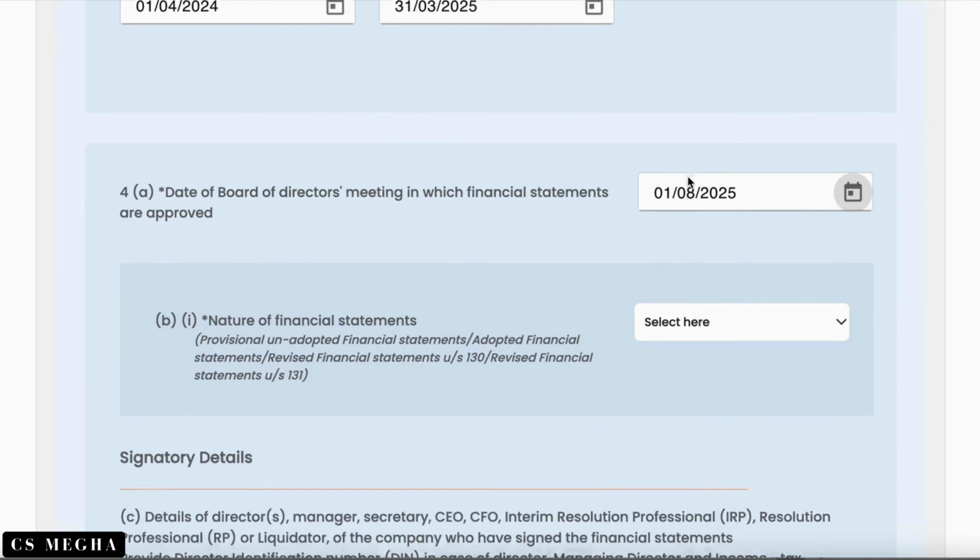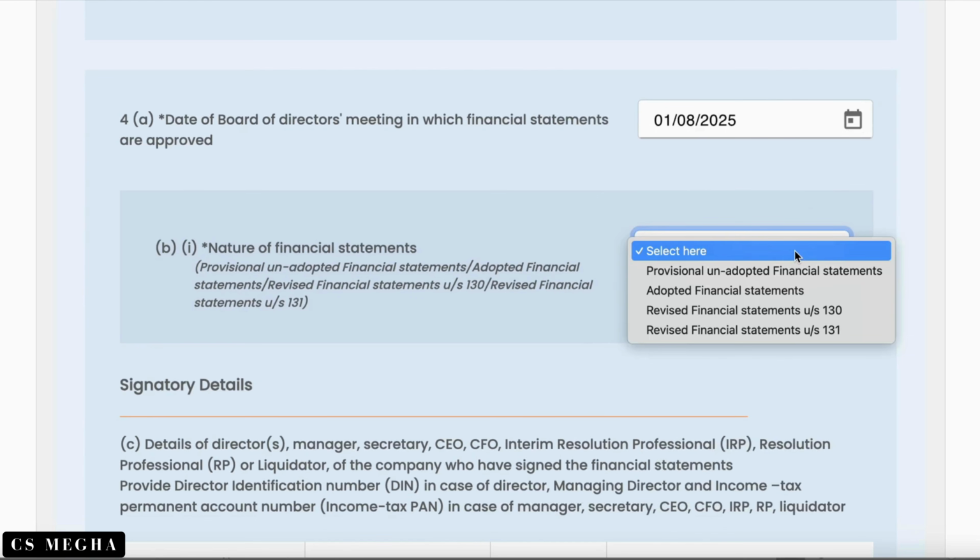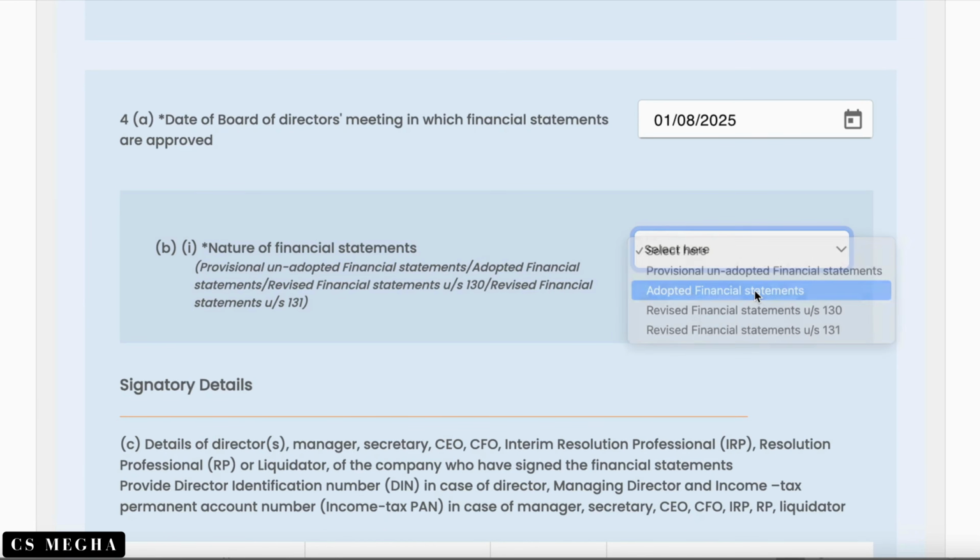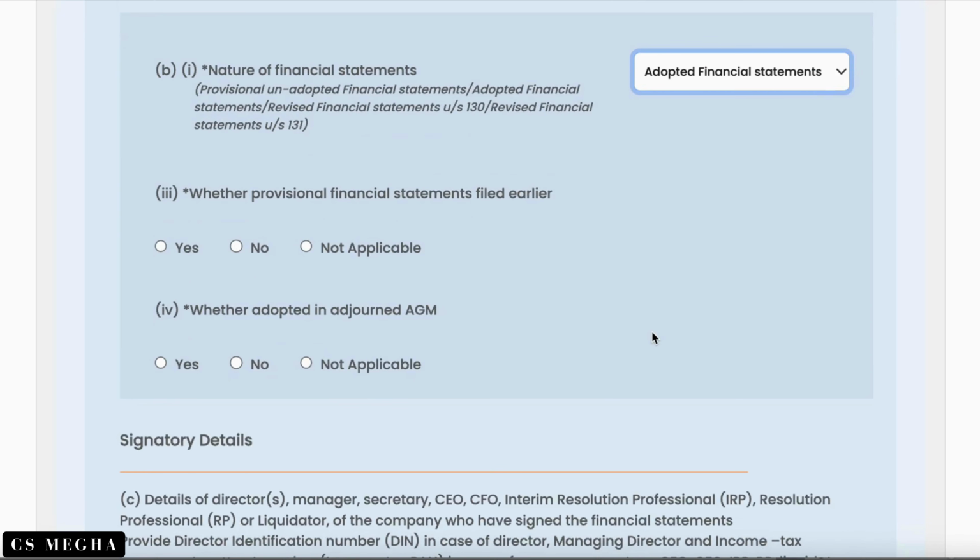Nature of financial statements. This is adopted financial statement. Provisional financial statements filed earlier. Whether adopted in annual general meeting, adjourned AGM.